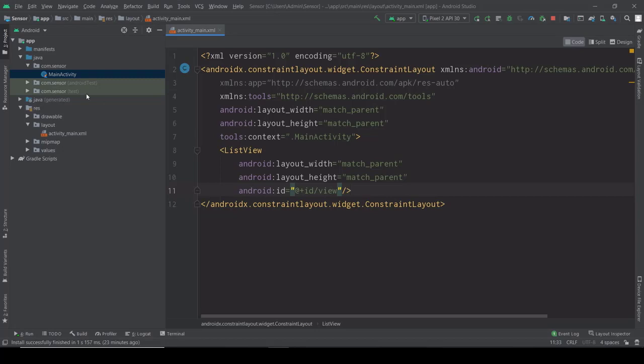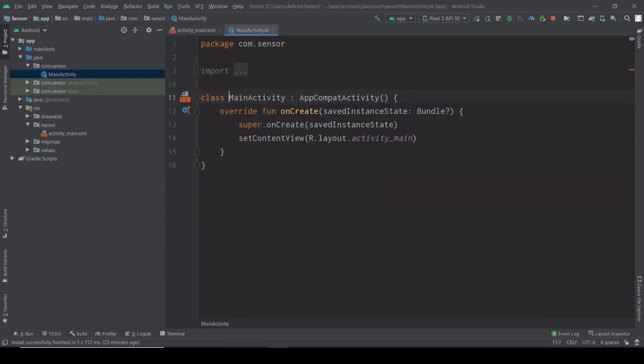After creating your list view, it is not necessary to use only a list view; you can create whatever views you are comfortable with. Go to your main activity, and inside that you can get the sensor information through code. First I create a temporary variable and call it the sensor manager.